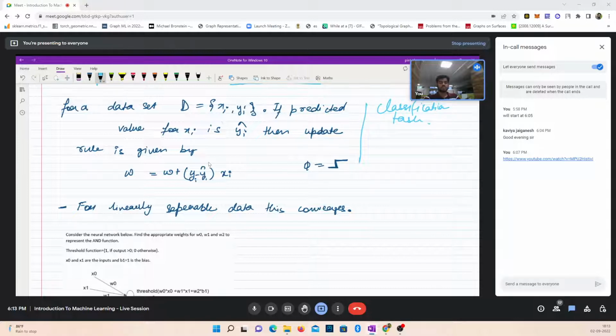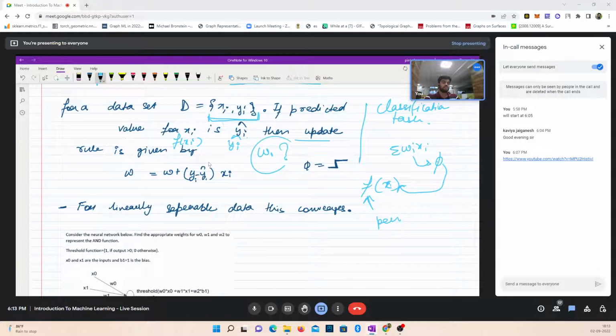Then you have data points of the form xi and yi. Let's say f is the notation for your perceptron. If you are passing x to f, what are you doing? You are first taking the summation of the form wi xi and then passing it to an activation function. Both functions composed together, I'm denoting by f. So if you are getting f of xi as y hat i, then how to learn the appropriate w